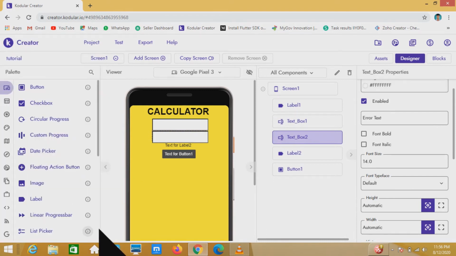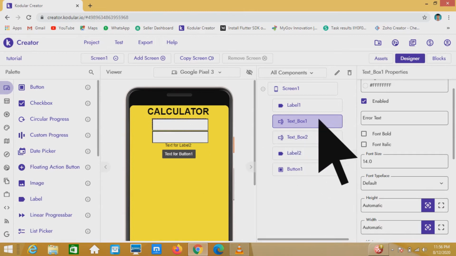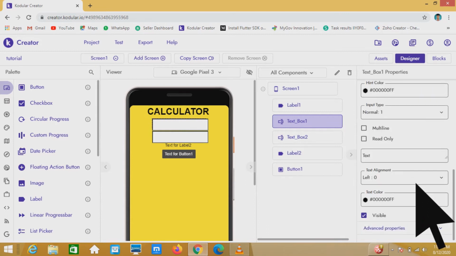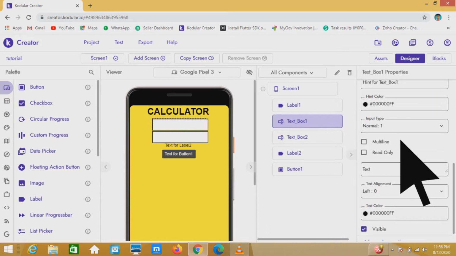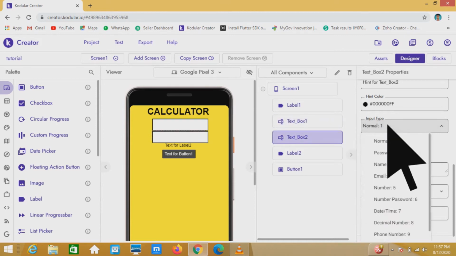So we have two text boxes. Text box should not contain any text values. It should only contain decimal or number values. For that, click on text box 1, scroll down. There you can find input type. By default it will be on normal, that means you can type anything on the text box, but we need only numbers, so we are going to change to numbers. Similarly, in text box 2 also we are going to change it to number,